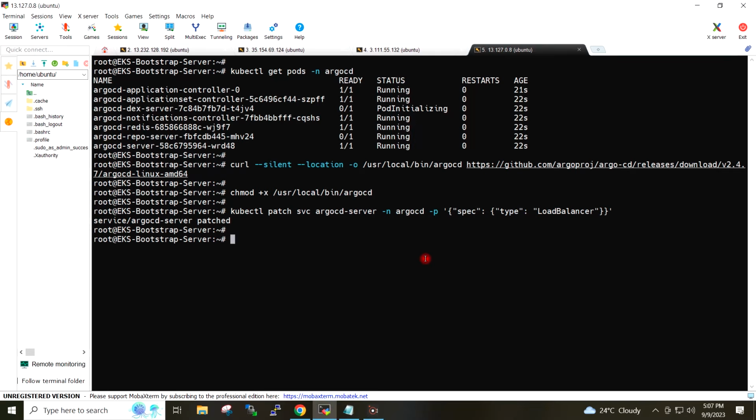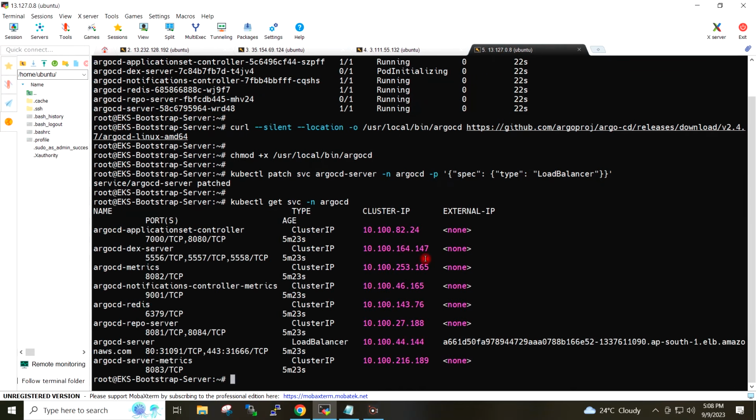If I give the command kubectl get service namespace argocd, so this is the load balancer created for the Argo CD.